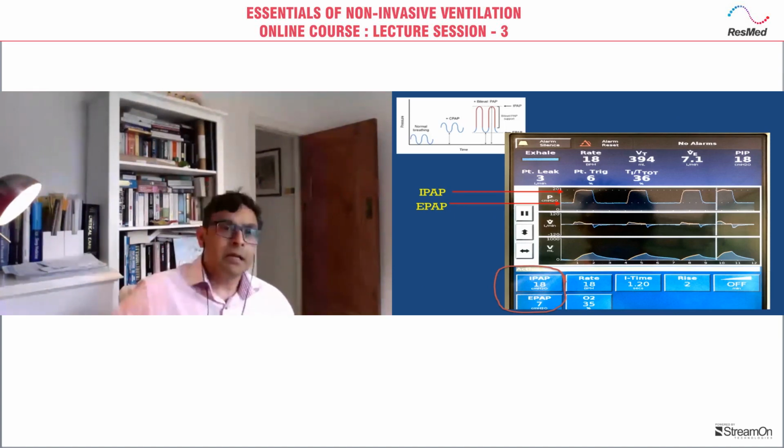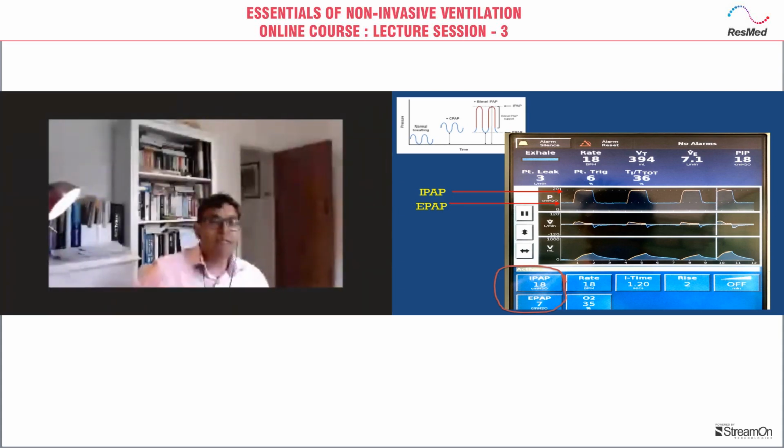Here are two diagrams actually. On the top left-hand corner, where I'm showing with my arrow here, you can see the normal breathing, which goes from 0 to negative. So negative during inspiration and 0 pressure during expiration. This is CPAP here. And again, you can see that interestingly during CPAP, as the patient breathes in, there is a small inflection of pressure. But basically during exhalation, the pressure is positive, so it stops alveolar collapse.